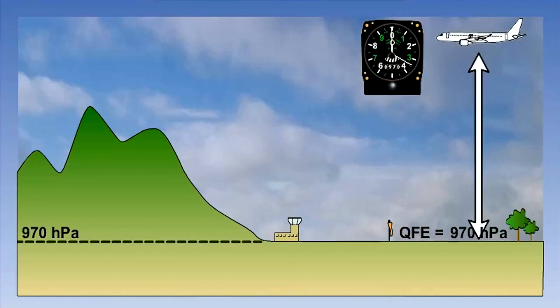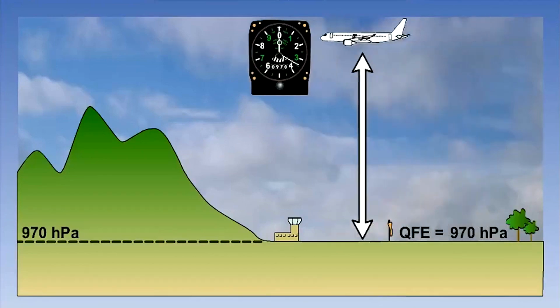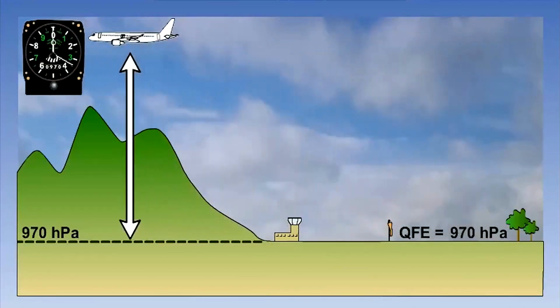This can only be useful within the immediate confines of the airfield. Looking at the diagram, we can see that if we were to fly 5 miles away, the altimeter will still read the height above the airfield. Notice that because the ground is uneven, we no longer have a reading that tells us how high we are above the ground in our immediate vicinity. This is not very useful and could lead to potential problems, especially if we are unable